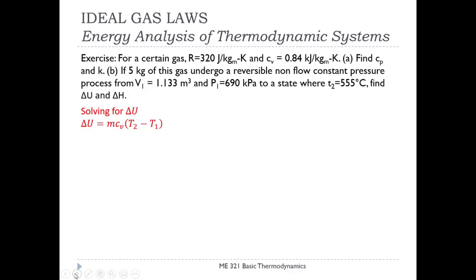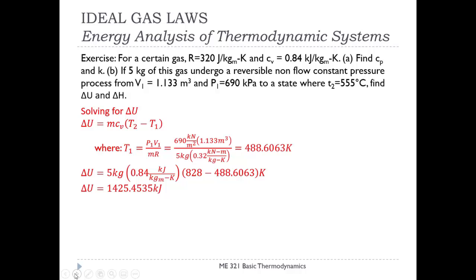Now to get the value of the change in internal energy, we just use the formula m c_v ΔT. However, the value of the initial temperature is not given in the problem, but we can compute for it using the given values of the initial volume and pressure. Substituting these values in the formula, we will get 488.6 Kelvin for the value of the initial temperature. Now that we know all of the needed values, we can now compute the value of the change in internal energy to be equal to